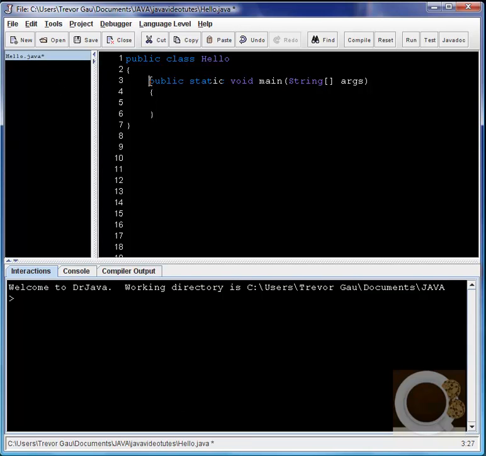And a main method has to have this exact footprint, if you will, except for the args. You can name this anything you want. I usually call it args. So this basically reads public static void main open parentheses String open bracket close bracket, which means array, and then args close parentheses. And then since your whole program or your main method is going to go inside these braces,